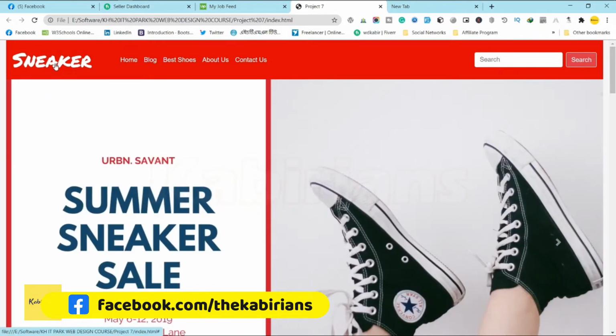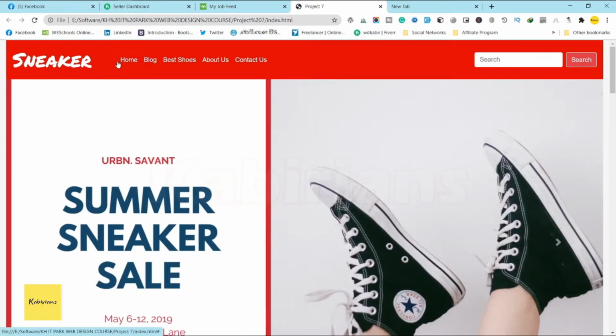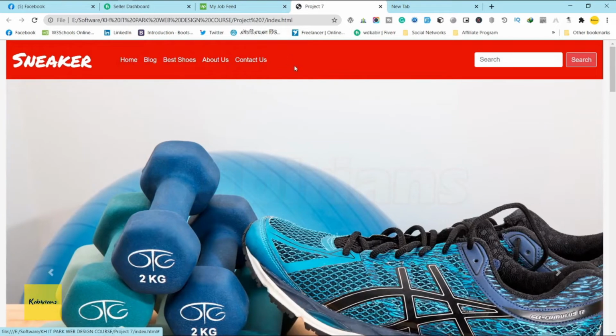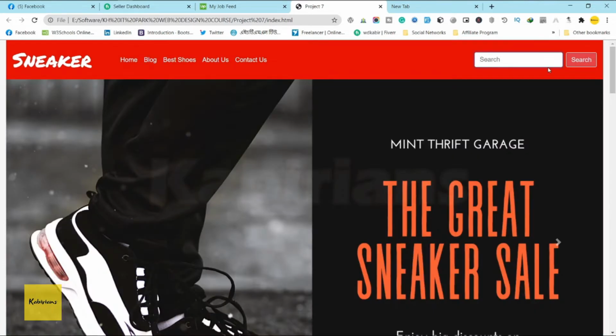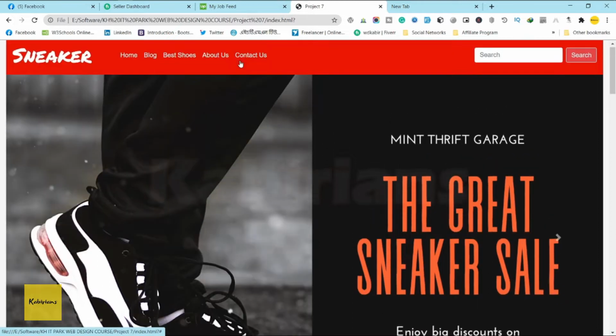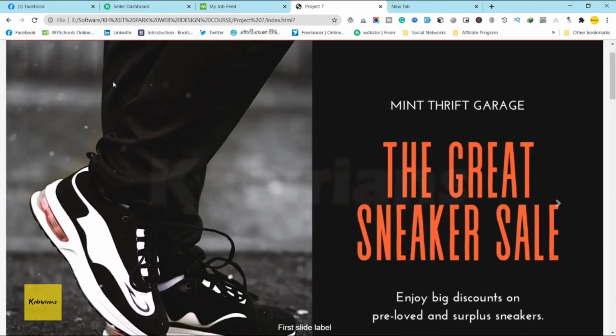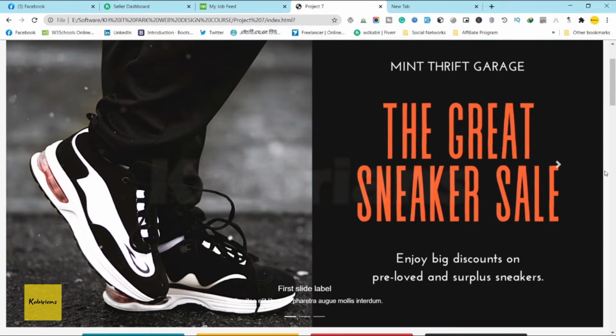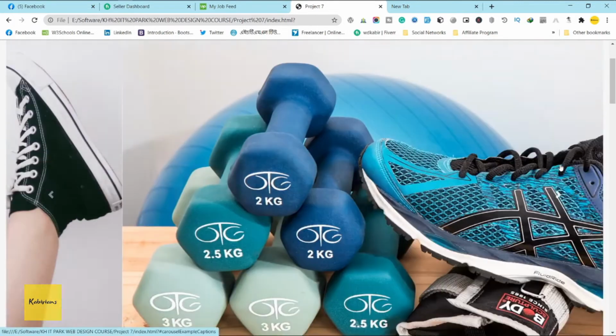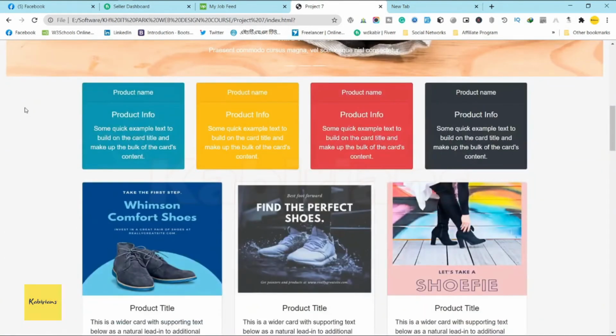Here there is a logo and a navbar menu, and also a search section where you can search here and click it. The second section is a slider section. You can slide it, and there is another section